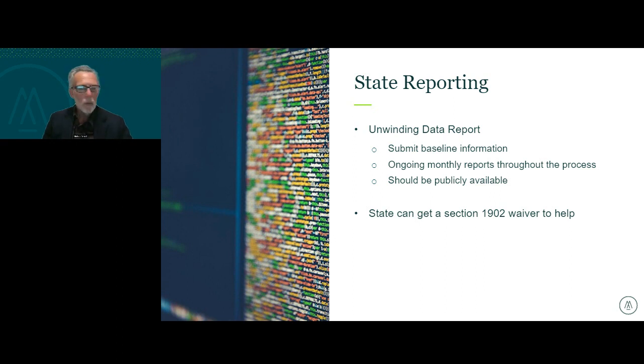Some instructions were issued back in January of this year that I'm sure continue to be tweaked, and this information is supposed to be reported and available online, but it's going to include data on the number of renewals that were initiated, the actual number of renewals that were granted, and of the number of renewals that were granted, how many of those were granted on an ex parte basis, so we can get a sense of how that program is working.